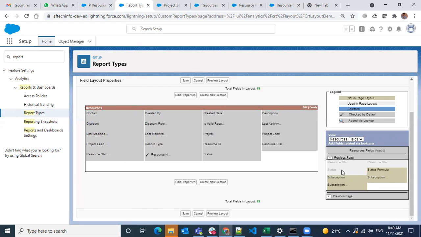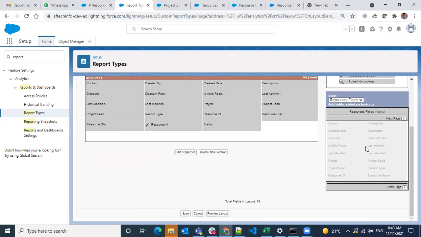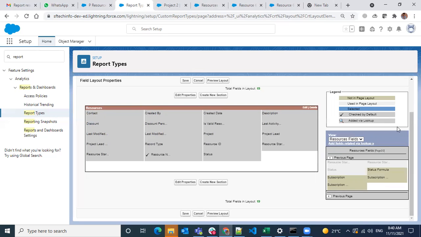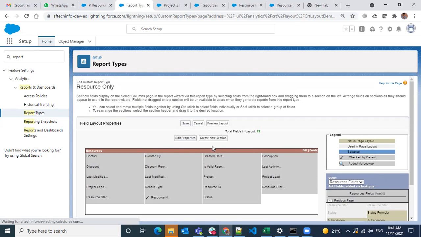I removed some fields I didn't even remember: the status formula, subscription rating, subscription fee, subscription, all these fields I have removed. The disabled ones are already there. The ones enabled for selection are not in this report, and you can add them to this report. For now I am not adding those. I'm just doing a save.